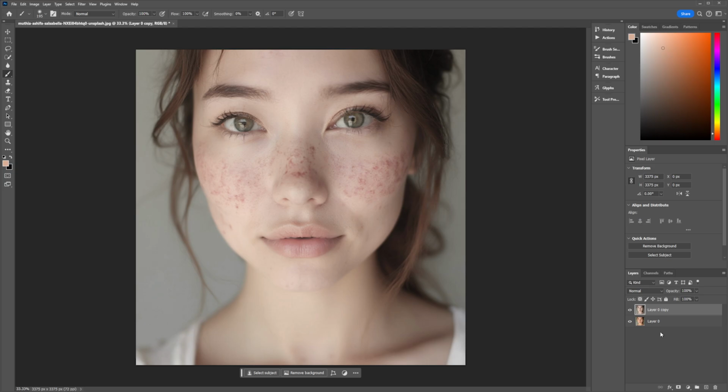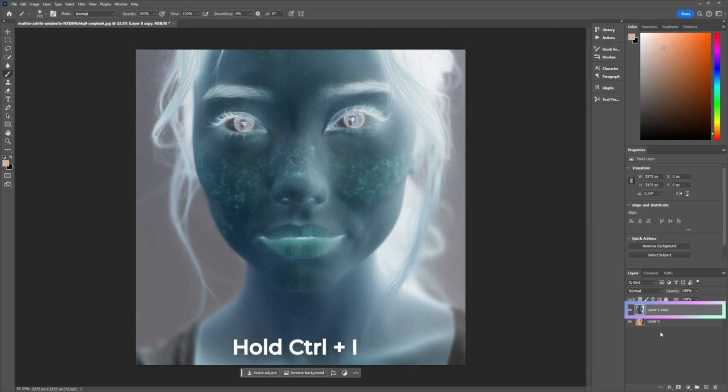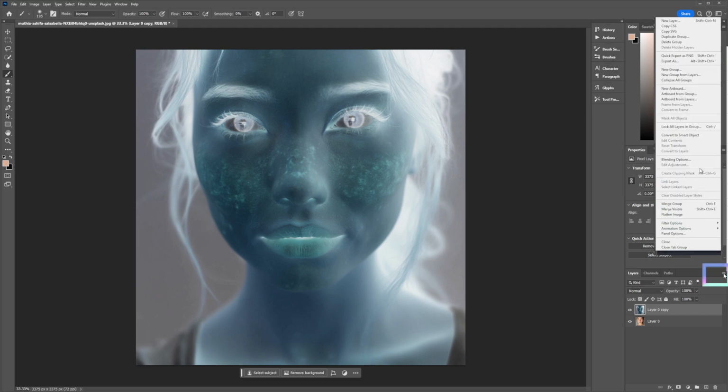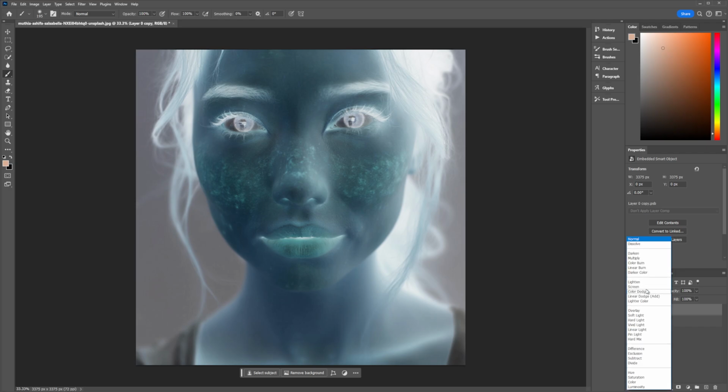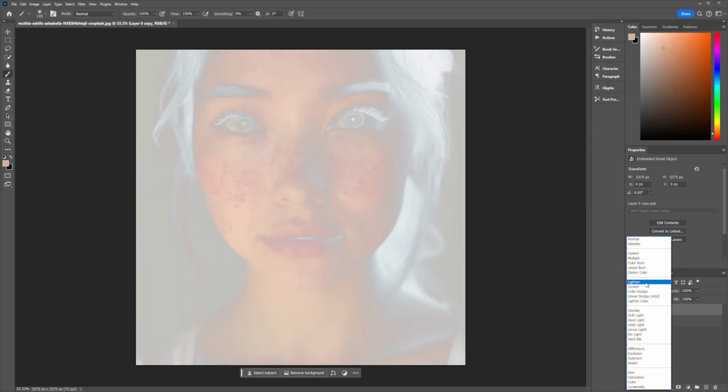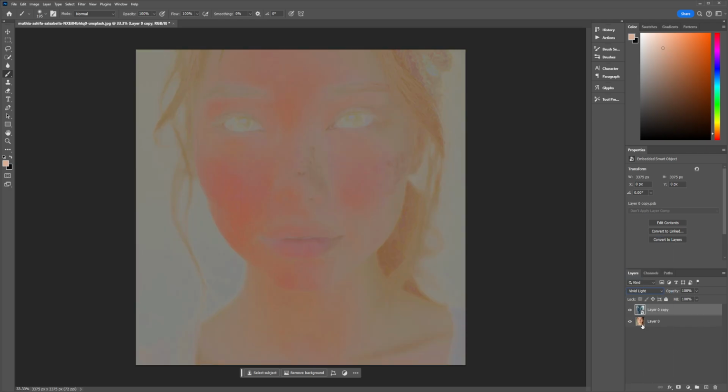Next, we're going to invert our image. To do this, press Ctrl-I or Command-I. Then go to the Layers panel, which can be found in the top hand right corner. Click on this and click Convert to Smart Object. Then change its blend mode to Vivid Light. Then go to Filter, Other,